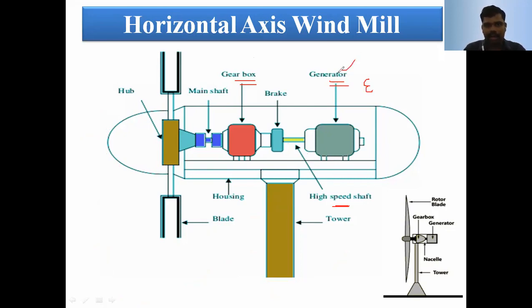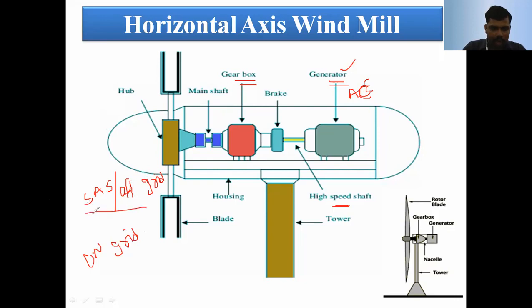The generator is connected to the utility grid, or energy storage is provided by a DC battery, externally connected via AC to DC. Since the generated output is AC power, we can connect it directly to the on-grid mechanism. Here there are two types. One is the standalone system or off-grid mechanism. The other is the on-grid mechanism.